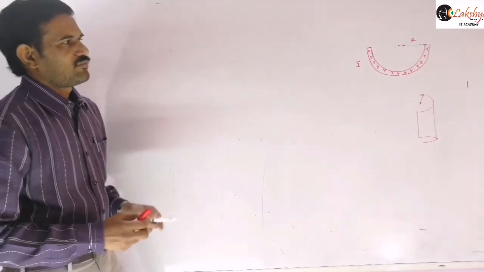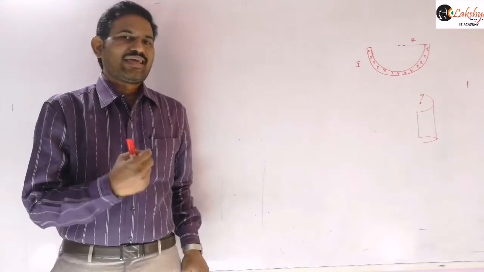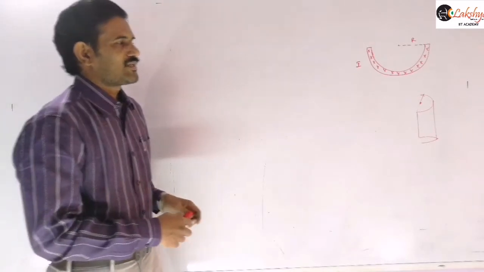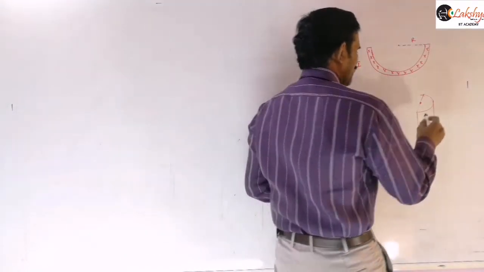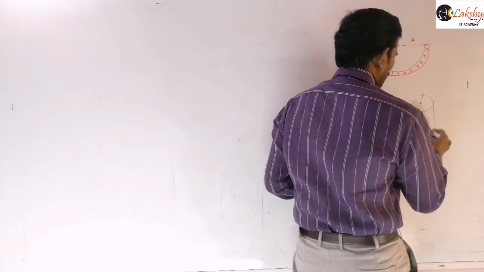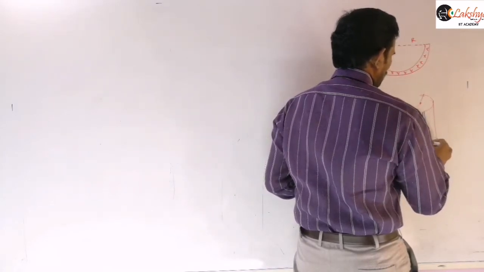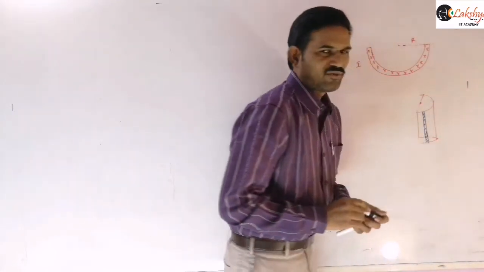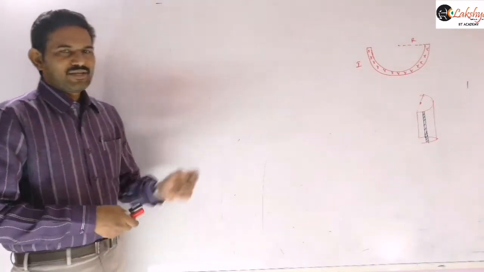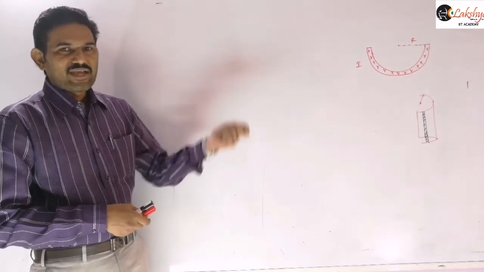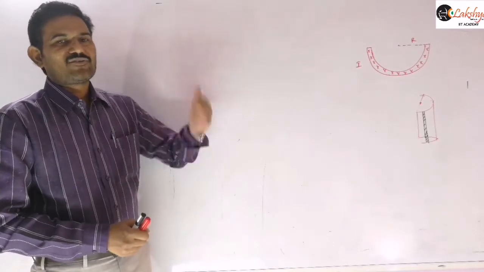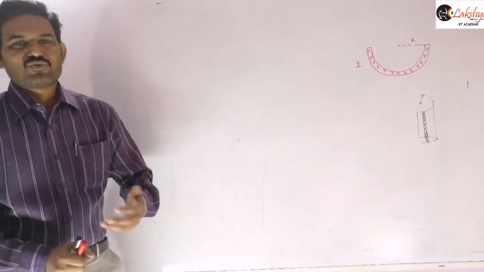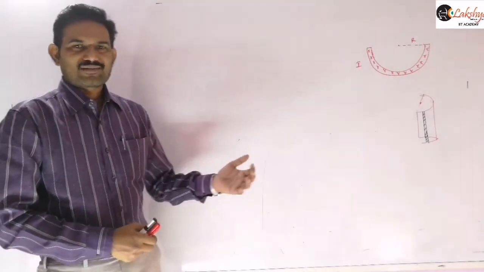Now in this problem we need to consider the magnetic field due to elements here. If you are taking a cylinder like this and I am taking a small element of the cylinder here, that element will be in the form of a straight wire, right? The magnetic field due to a straight, infinitely long wire we know already: mu naught I by 2 pi r, as we discussed in the previous classes.